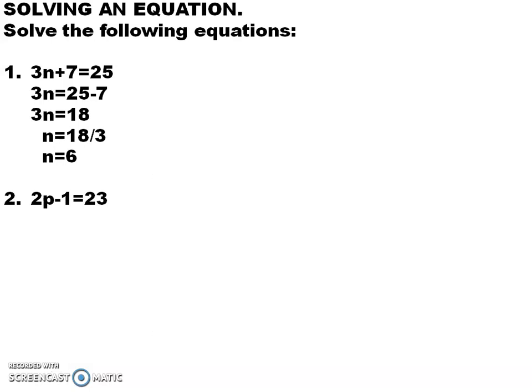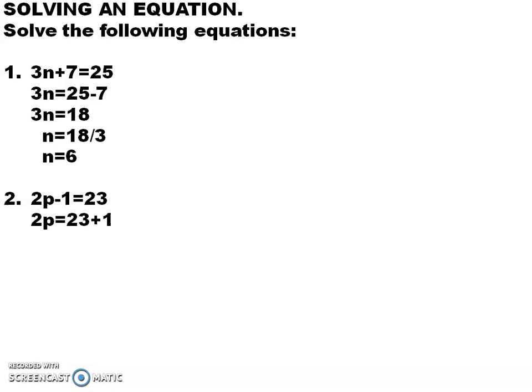Next question is 2p minus 1 equal to 23. Can you tell me which are the two operations involved here? The first one is subtraction and the second one is multiplication. So you will take subtraction to the other side. What happens? It becomes